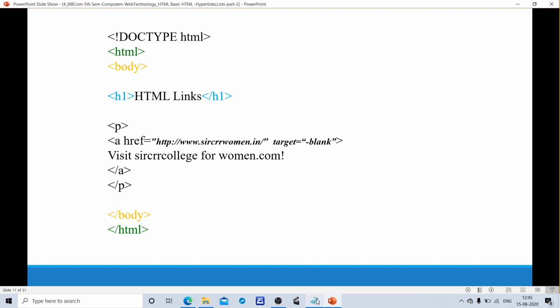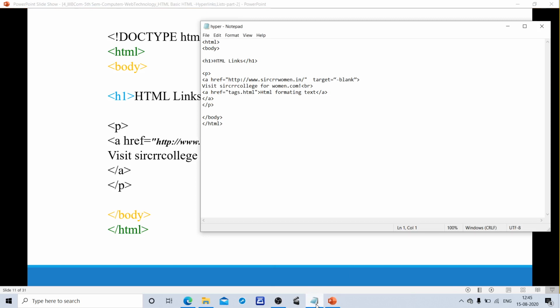Let's see how this example will execute. For that, you have to write the program in a notepad. In a previous class, we discussed that all this HTML code should be written in an editor like Notepad, saved with the extension .html and run on a web browser.